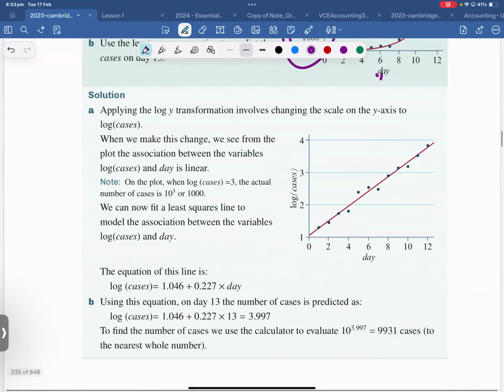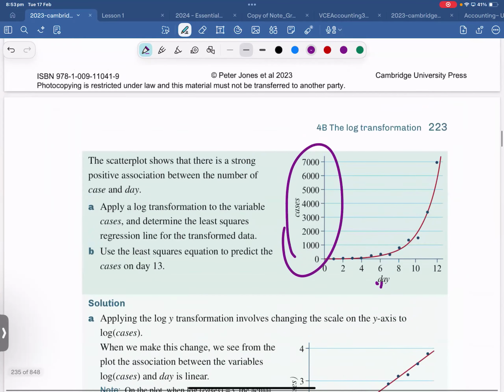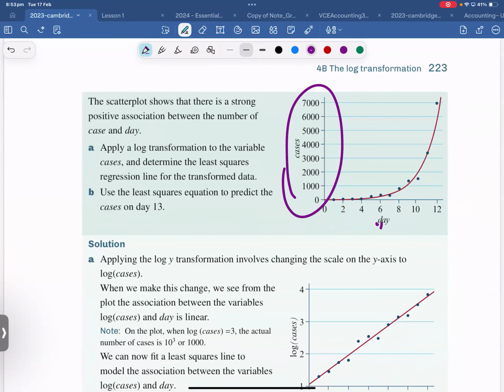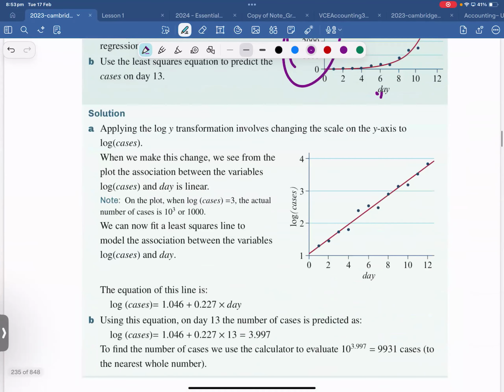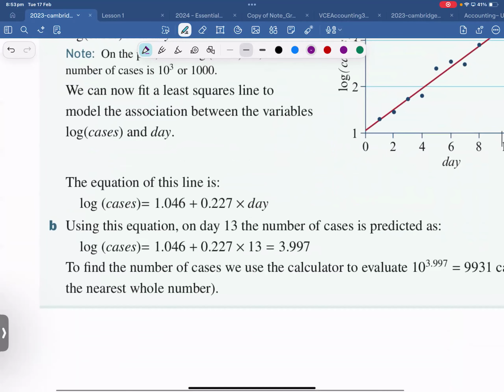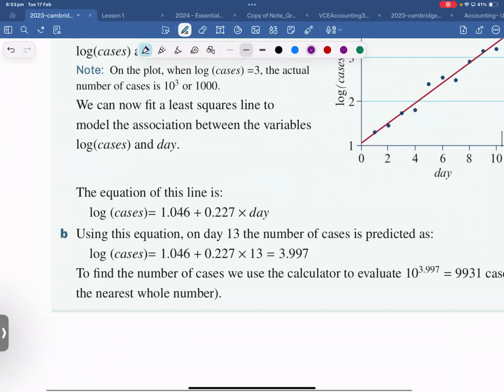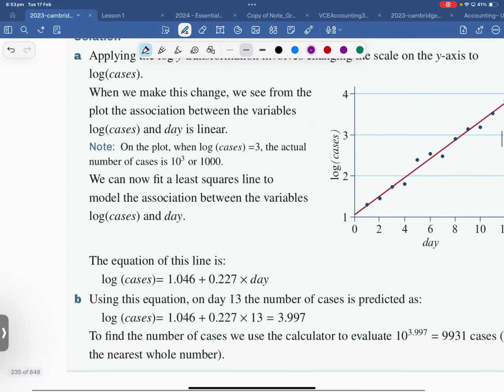Then again, we have to apply the CAS and get the values. And then once you got the equation, this is the equation. Now this one is interesting. Now look at this. They ask in part B,